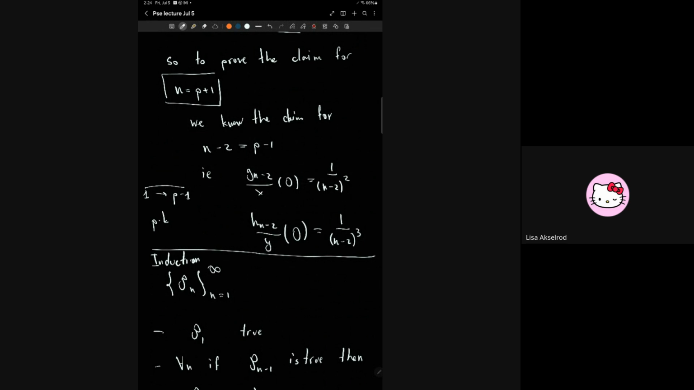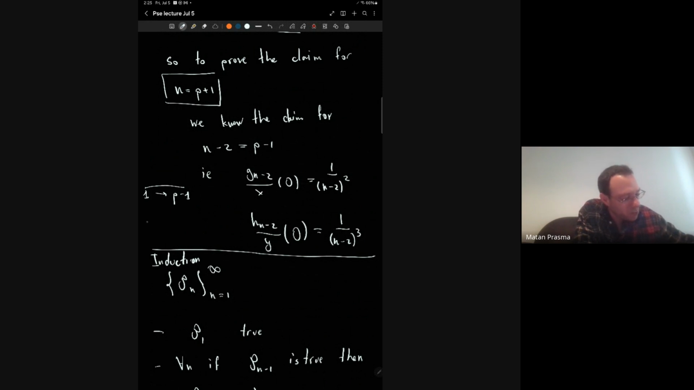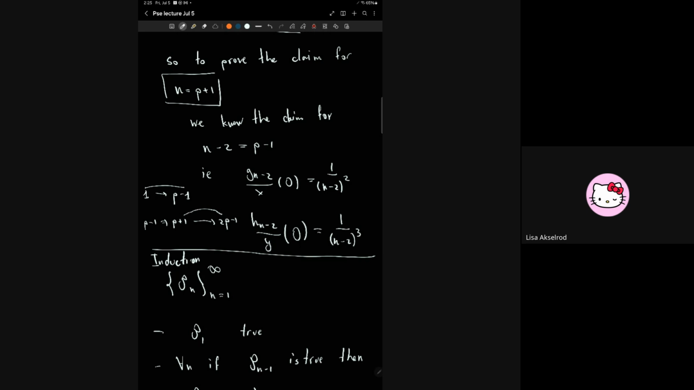But we prove that if the claim is true for P minus 1, then it's true for P plus 1. And then we climb the ladder up to 2P minus 1. By the same procedure. The inductive step is okay as long as we know that n is prime to P, but we cannot move up the induction naively if n is equal to some multiple of P. So we changed the size of the step